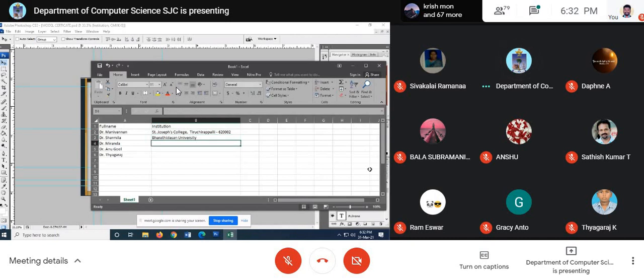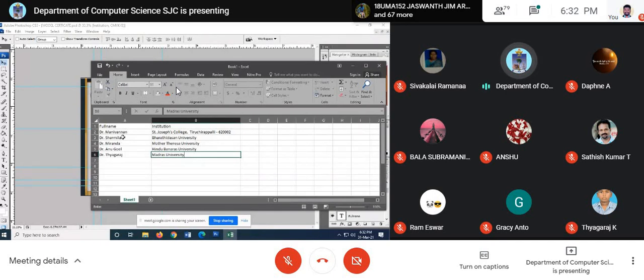Okay, we have got how many data sets? We have got 5 data sets, right? So totally 5 records we have.